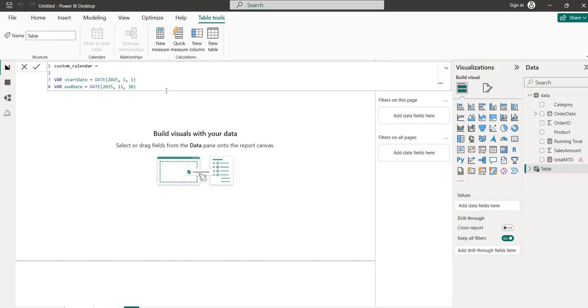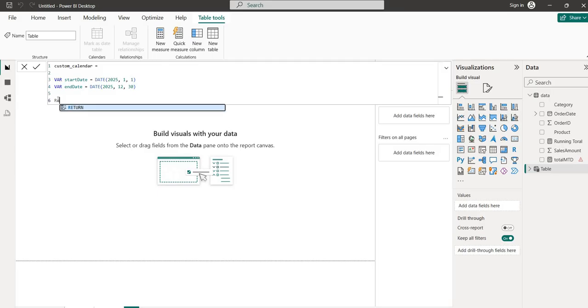here I created the two variables, start date and end date. Using var makes the code more readable, reusable, and easier to maintain. Now, return. Return tells Power BI what the final output of this expression will be. Okay,